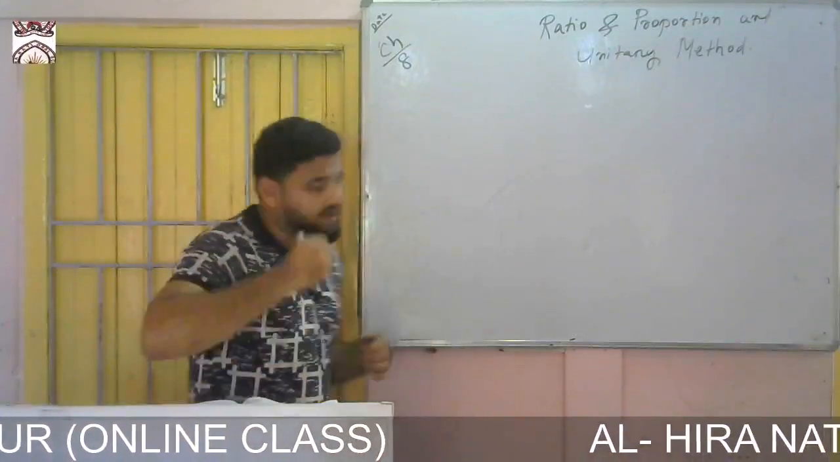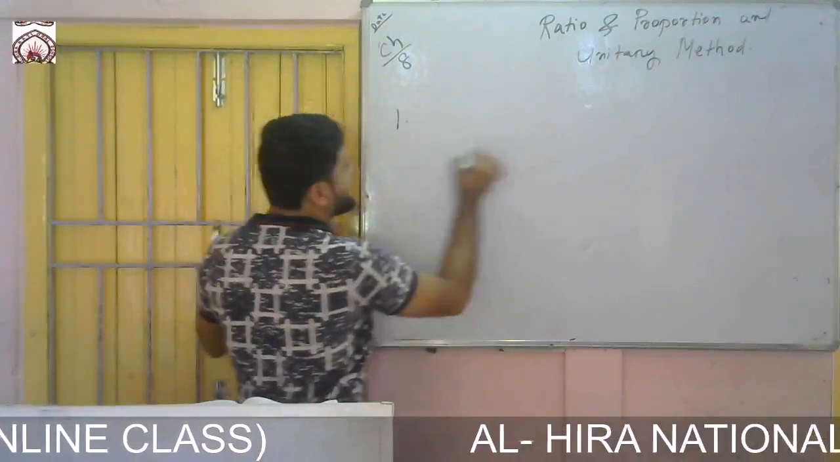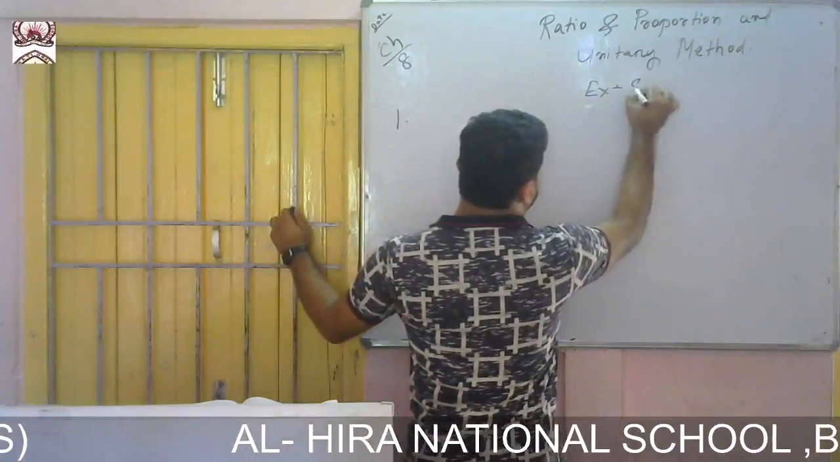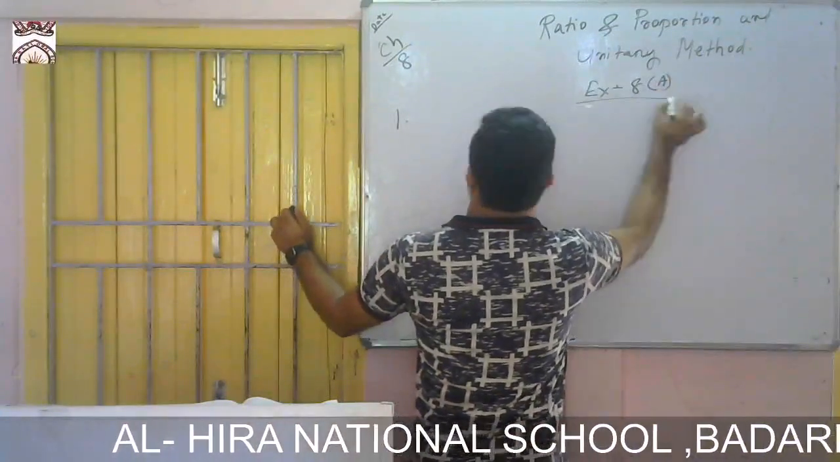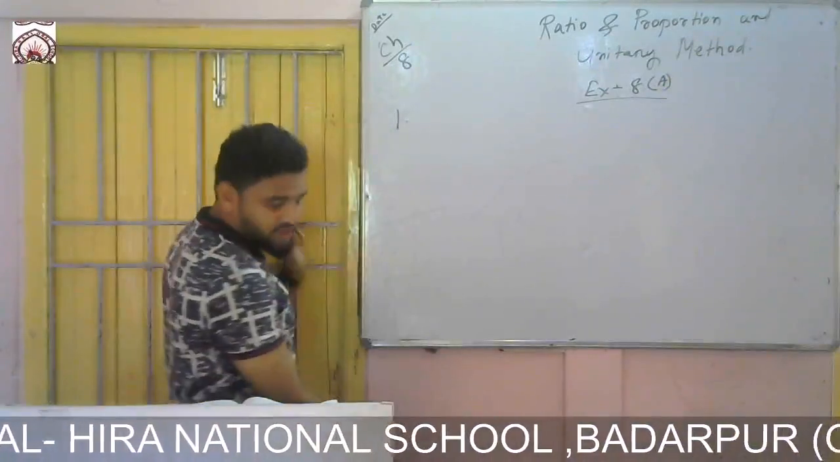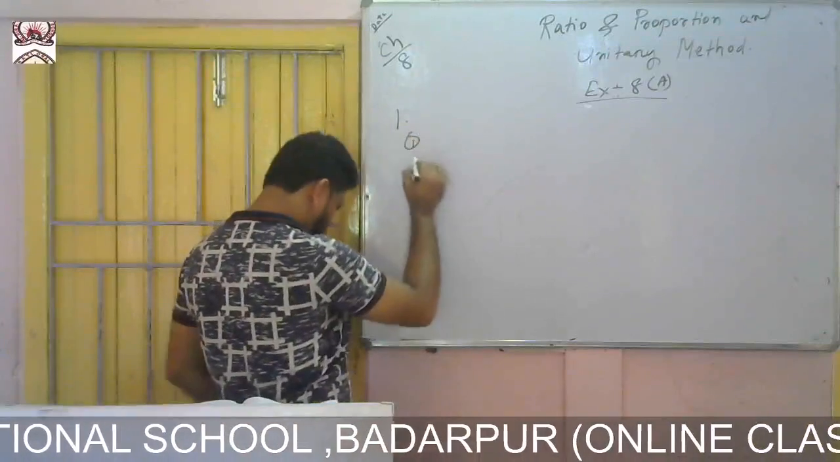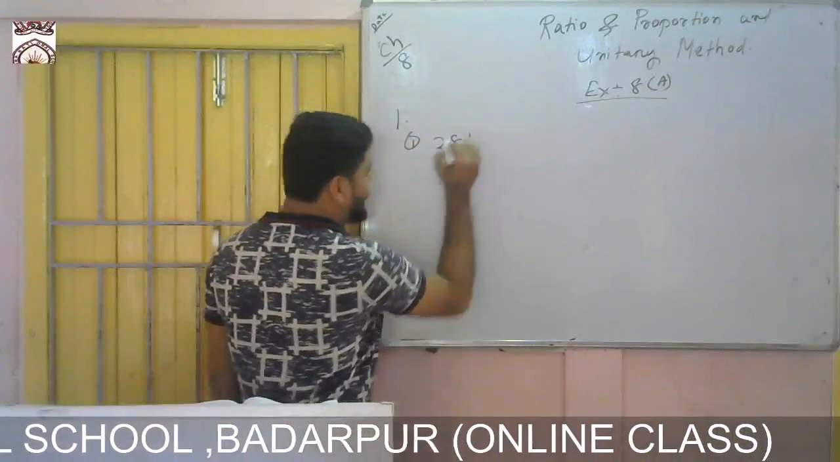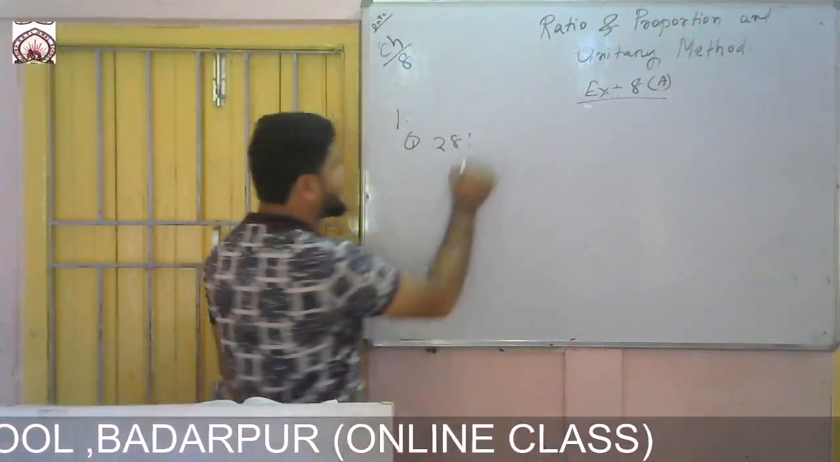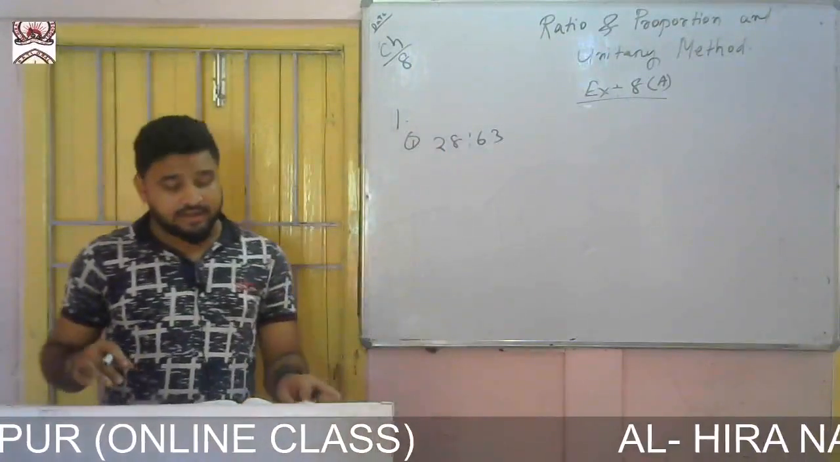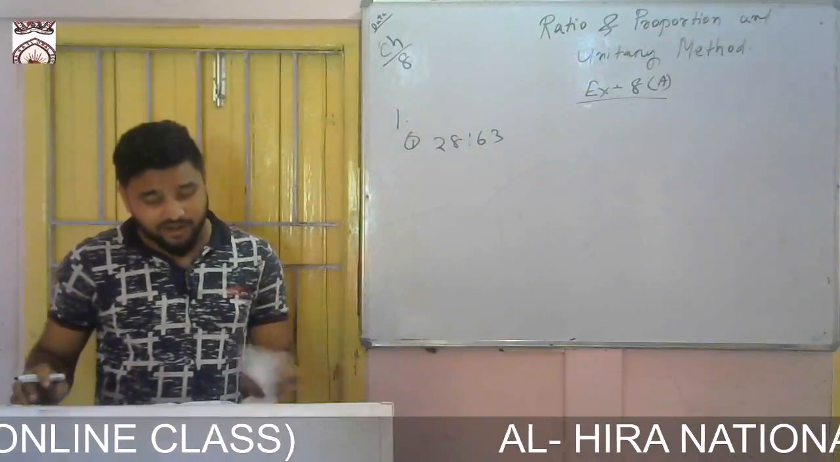Okay, exercise 8a. Question number 1 is Roman 1: 28 is to 63. In the definition of ratio, it is said that